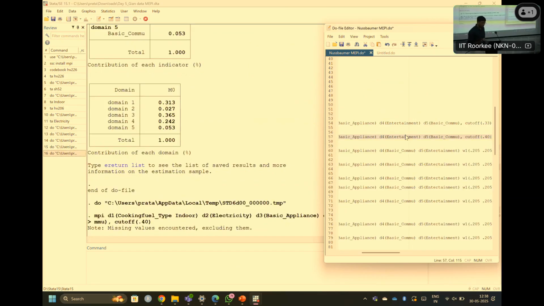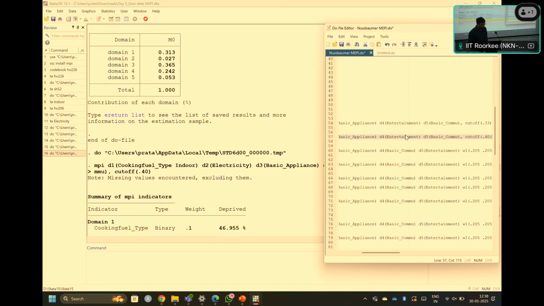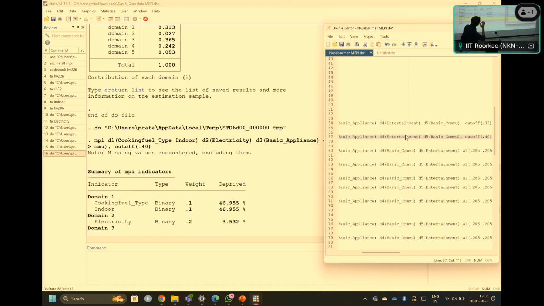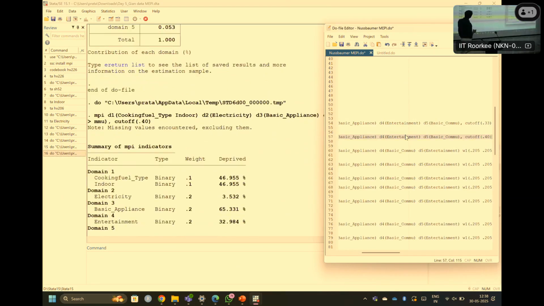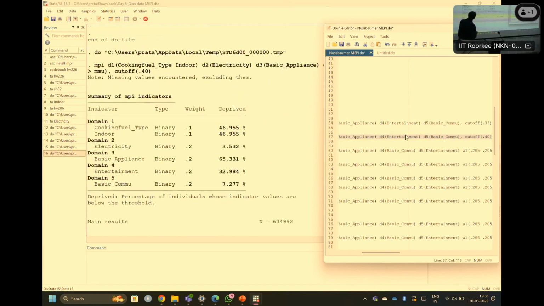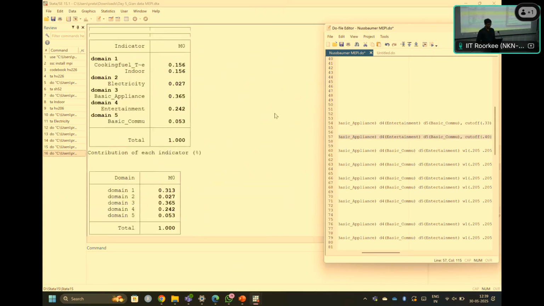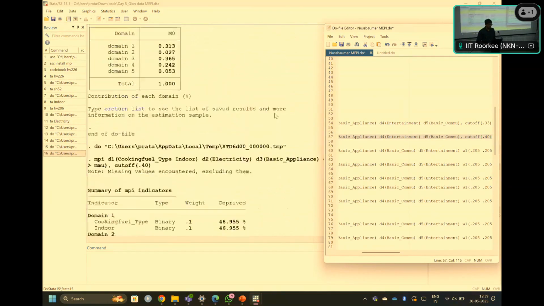Okay, so I have also tried to derive the result on my screen. I think let's check. Yes, these M0 values are not the same. 0.313, more or less similar.